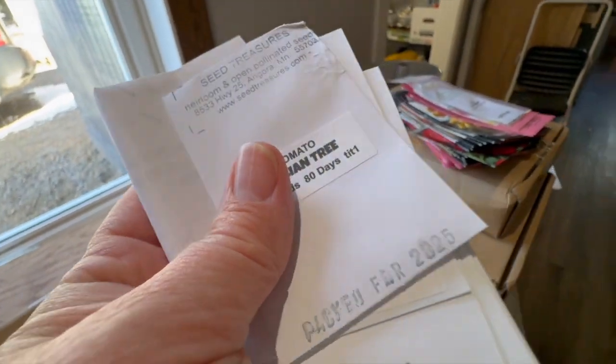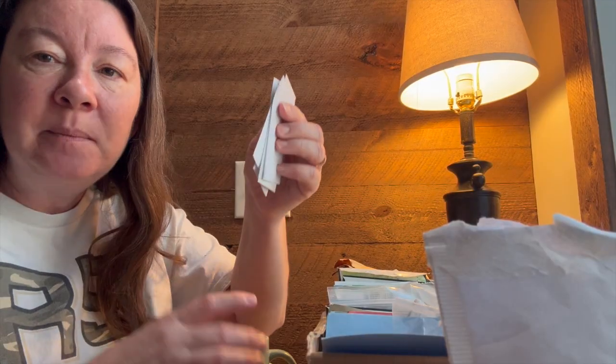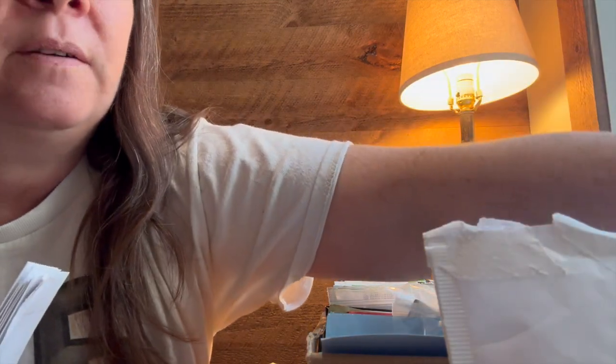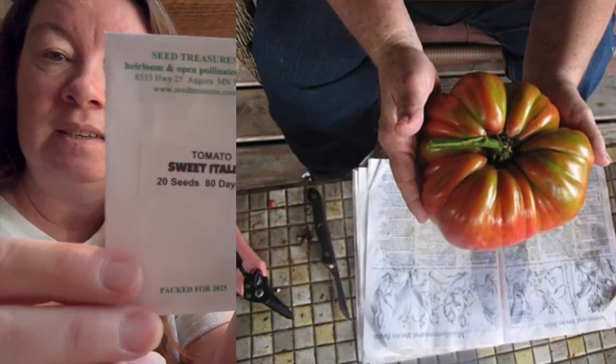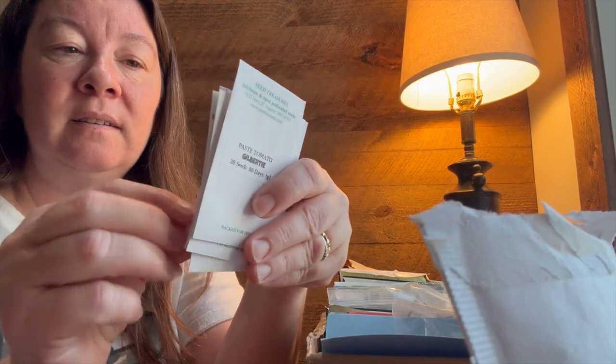Ooh, let's look at these. I'm excited about these tomatoes because this is a really small place up here in northern Minnesota. I think they're in Angora, and everything they grow up here is very cold tolerant. So obviously if they're farther north than I am and it can grow there, but this Big Bean, I have a friend that grows it, and she said they get to be just huge. They're like 2 pounds on average. Sweet Italian,